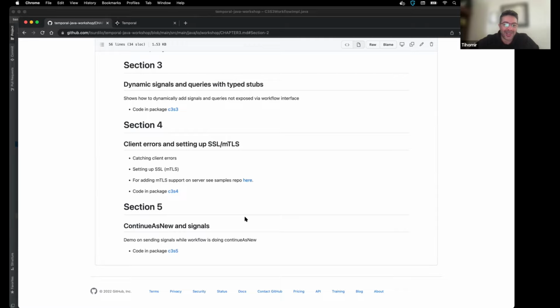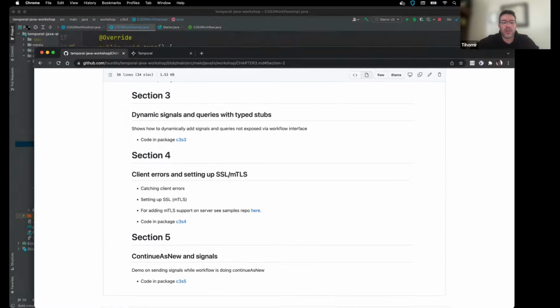because it has to do with signals, and this is a little fun demo that I hope is going to work. But basically, before I start talking about section 5, a lot of people are aware that even though with Temporal we say that a workflow execution can run forever, for years and decades, whatever, it's true. But like every system, Temporal has its limitations, and the workflow execution is limited by this thing called workflow history